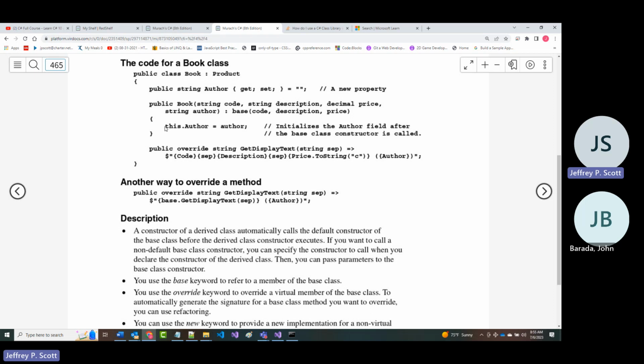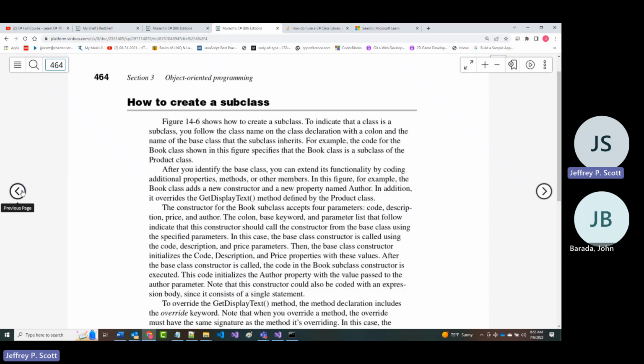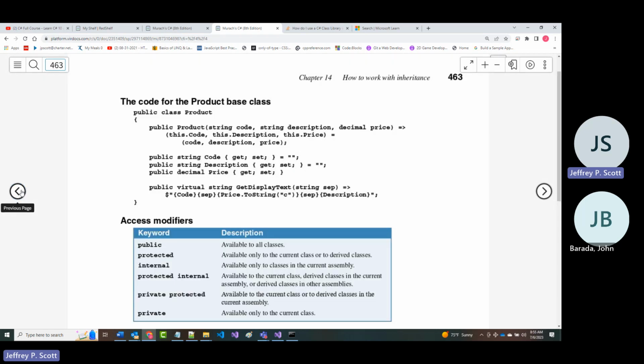The only thing that's in here for this particular one is that the constructor handles only the author. The parent handles the code and the description and the price. Also, I know I'm going back and forth a lot, but it's important: previously when we set this up,